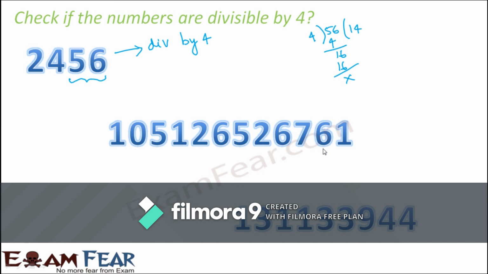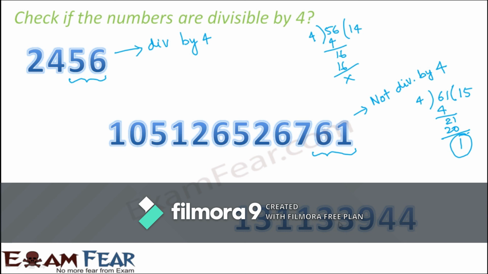Look at this number. This is such a huge number. Now, this number can actually scare you if somebody asks you to quickly tell if this is divisible by 4 or not. But with this divisibility rule, it will not scare you, because you need to bother only about the last two digits, which is 61. And it is pretty simple to actually divide and see if 61 is divisible by 4 or not. Now, in this case, what do you see? You have a remainder. So that means 61 is not divisible by 4, and therefore this number as a whole is not divisible by 4.